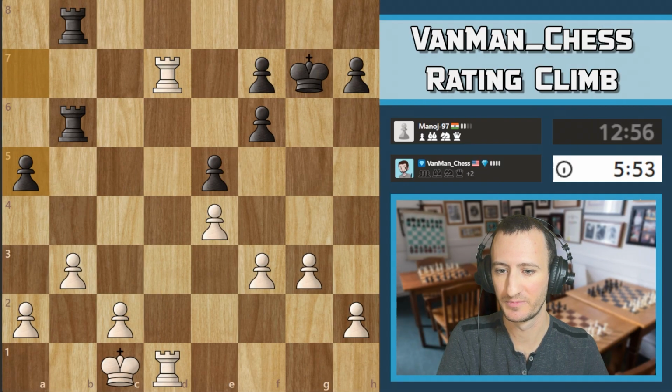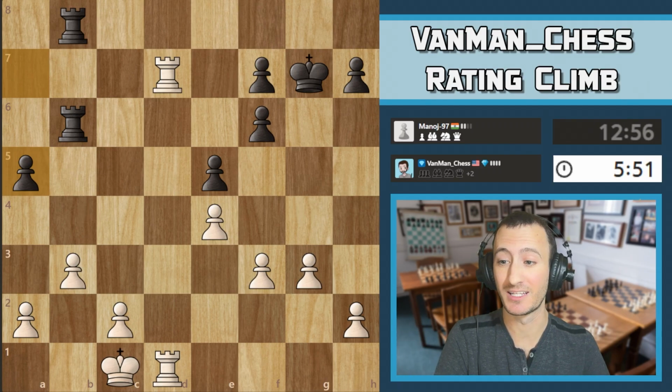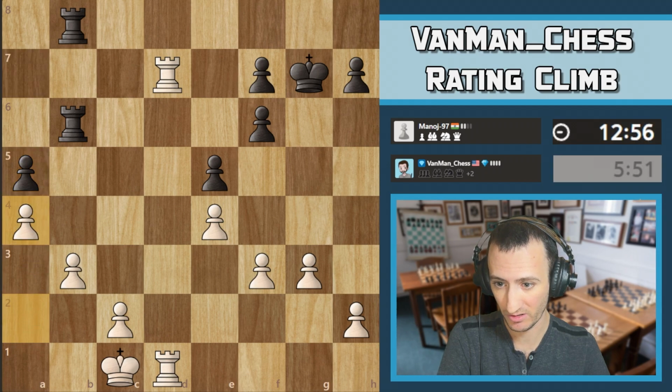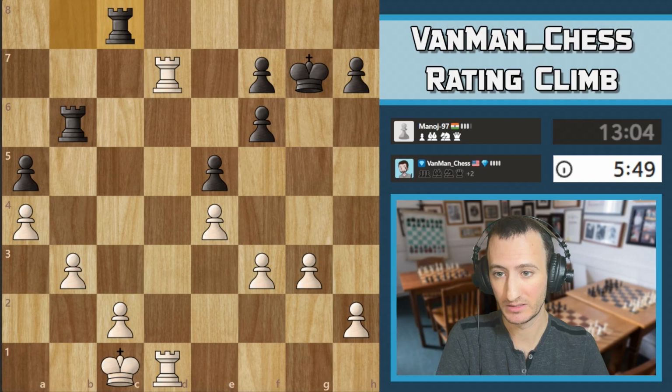That doesn't surprise me. Okay, but here's the thing. That actually just plays right into my hands. Because now all I have to do is stop him from pushing the pawn any further with a4. And on the next move, I'll probably...